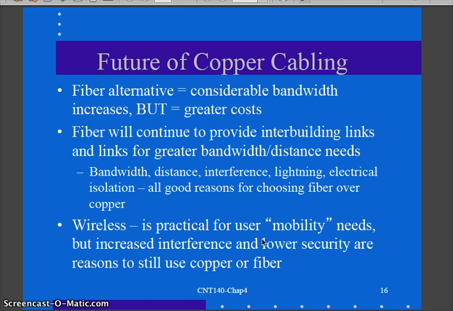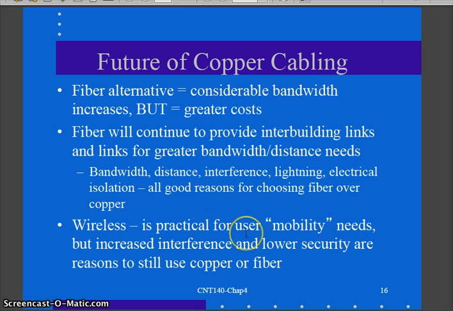So far, copper seemed to have a limit, but they keep coming out with advances to get copper to be able to handle more bandwidth. So copper's still hanging in there. Fiber is going to still continue to be that interlink between buildings and that sort of stuff. So fiber tends to be when I need large bandwidths, I put in fiber. When I need great distances, I put in fiber. When I need immunity from interference, electrical noise, that sort of thing, I put in fiber. All good reasons for choosing fiber over copper, but copper still seems to be working in the horizontal cabling, from the closet out to the workstation links.